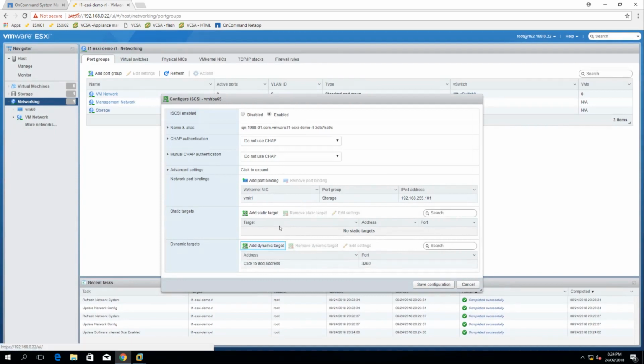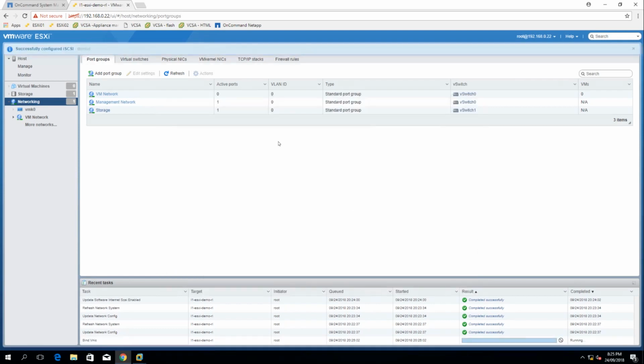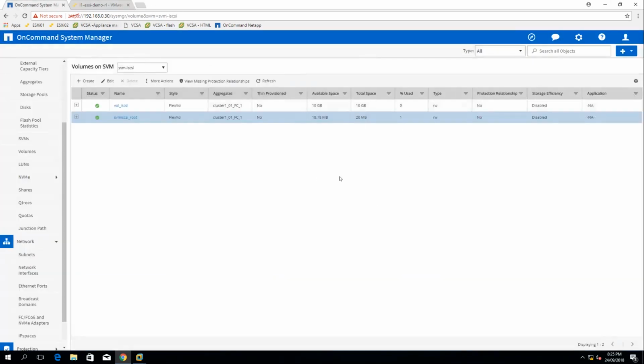And then we'll add a dynamic target. And we'll put 192.168.255.100. So we're pointing to our storage device, and that's where it will see if there's any storage available. Right, so that should all be set up now. So now that we've got that address, we can go and have a look at